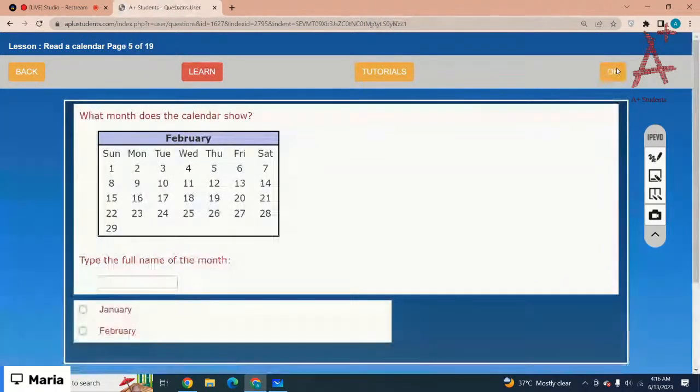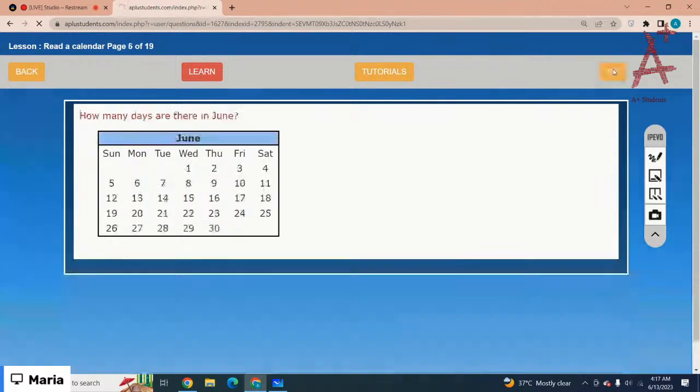Next one is, what month does the calendar show? So the calendar is about which month? Which month is it? Be quick. It is February. You can see here is the month written. Got it? On the first line, it would be the month. That would be the calendar of the month February. Got it? Okay, the next one is